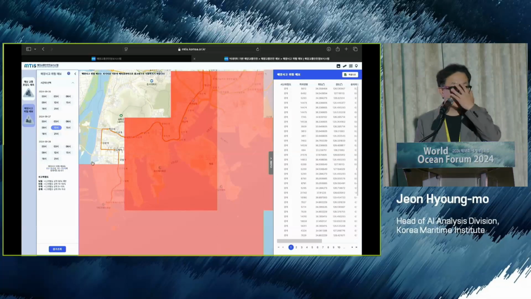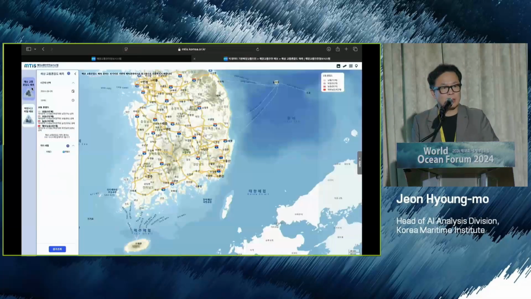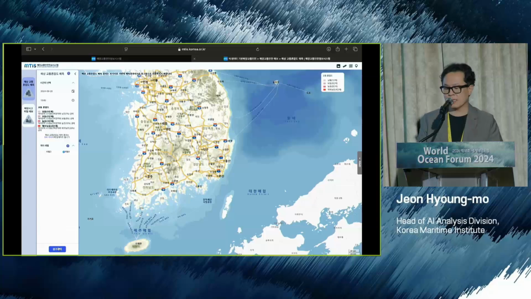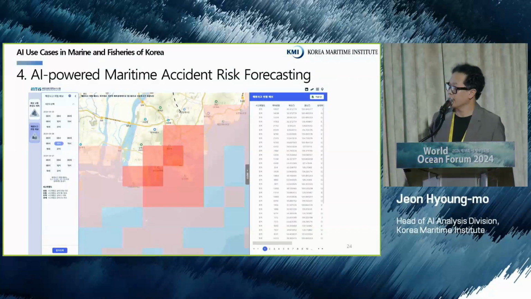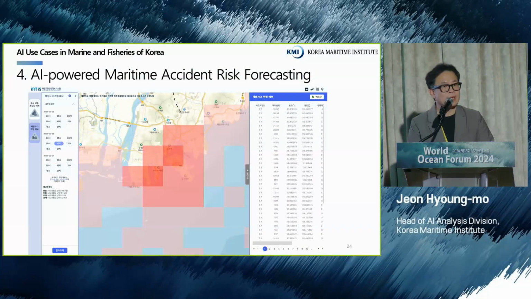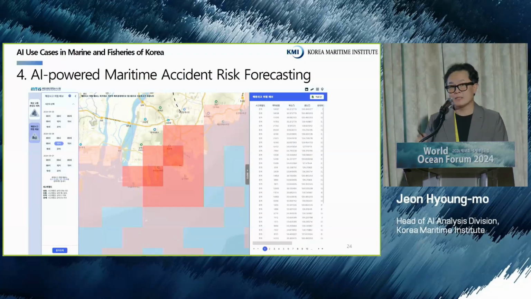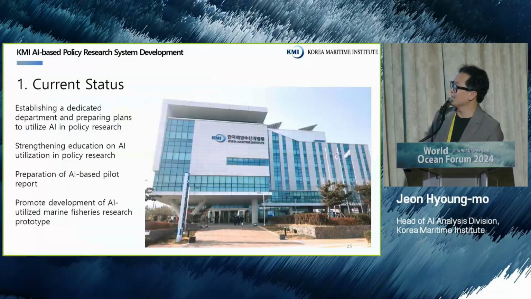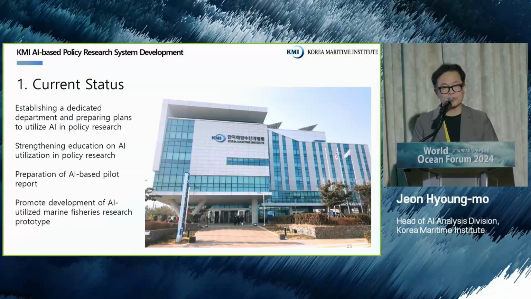Many shipping companies and fishing companies are joining as members of this site. We'll upgrade the MTS system, and I think this service will greatly contribute to reducing accidents. As you just saw, AI has already been applied to the fisheries industry in Korea and abroad, but we are still in a fledgling stage and we have a long way to go.